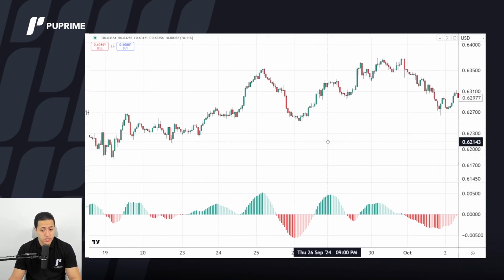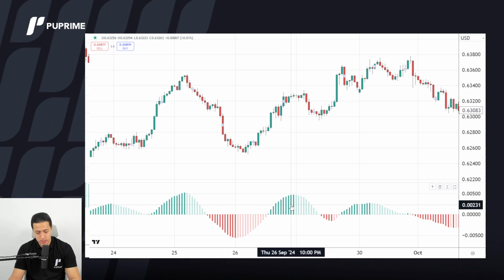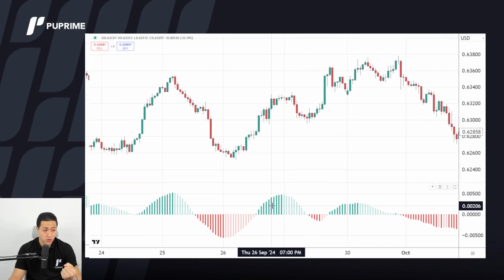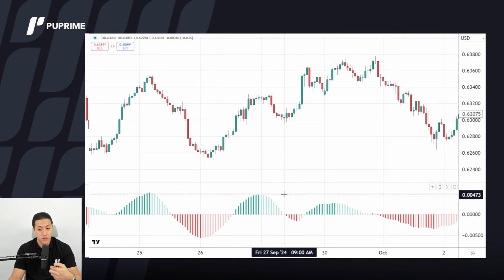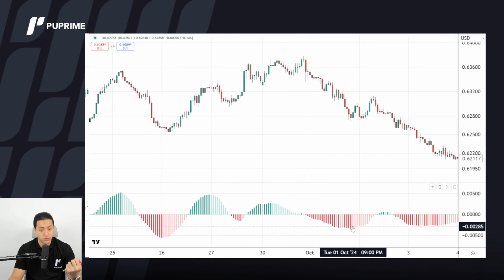The second use is, you can notice here that there is a difference between the strong green and the light green. The strong green is a powerful, strong uptrend. When it loses momentum, you will find it getting a little bit lighter in color, until it turns red or continues again. So a strong green color means a strong bullish trend. A light green color probably says that you should stay out.